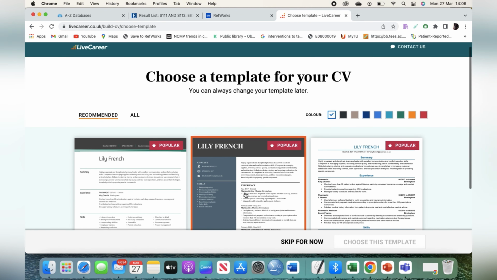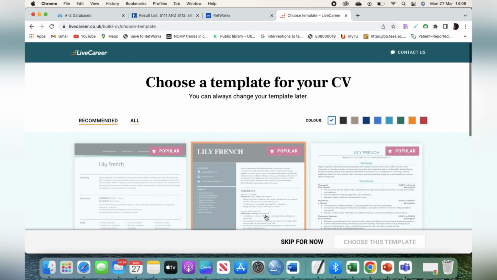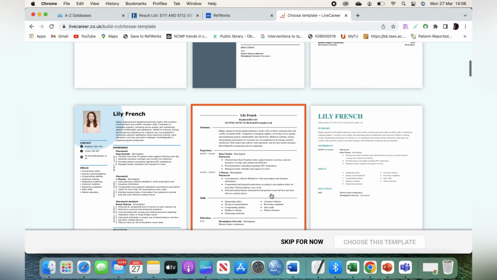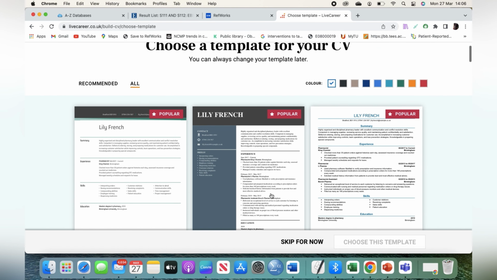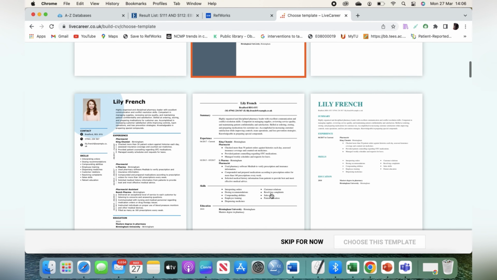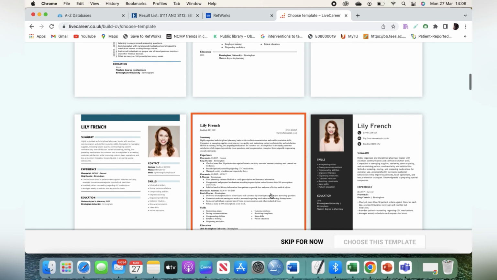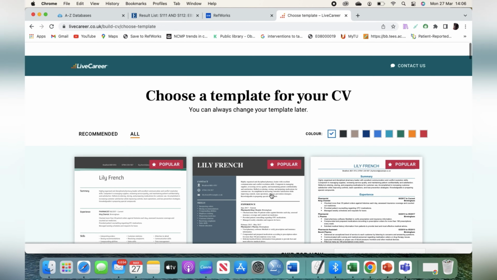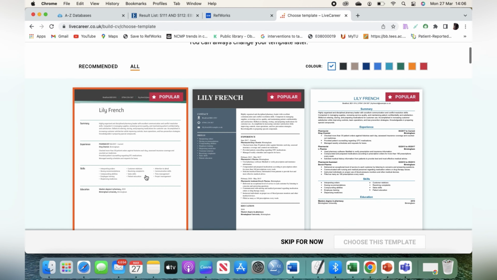Now I'm going to choose a template. You can choose any template, but I like to be simple because I want to make this as professional as possible. So I'm going to be picking one of the templates, of course, and that will be something simple. Like I said, I'm just giving you guys a view of the different templates that are on this site. So we're finally going to settle for